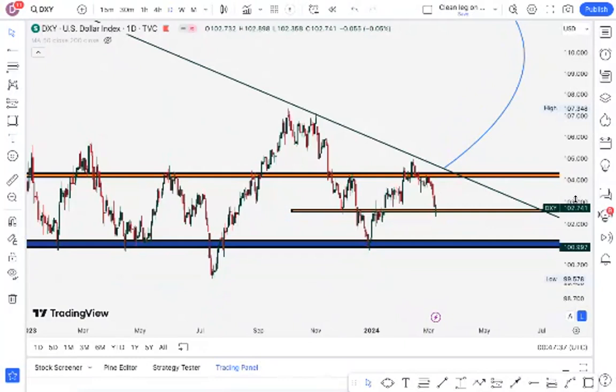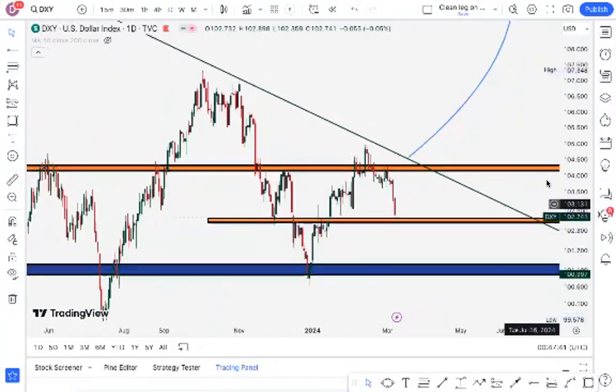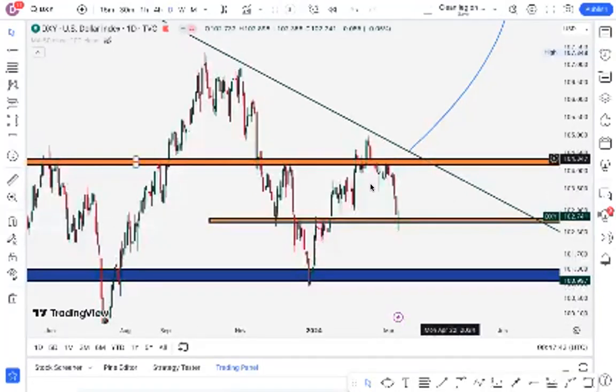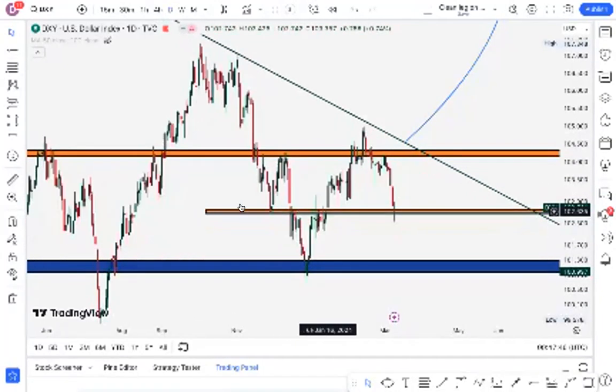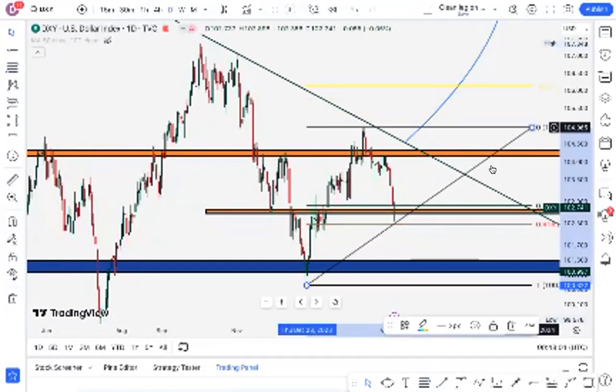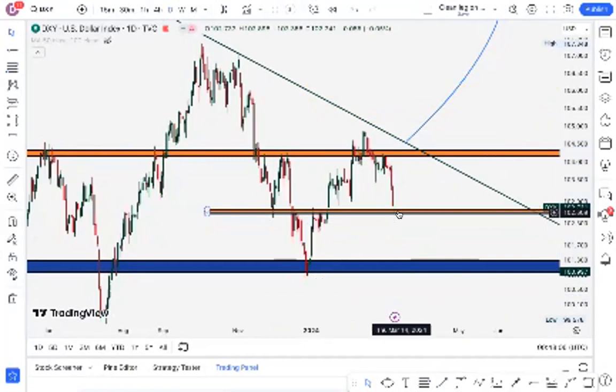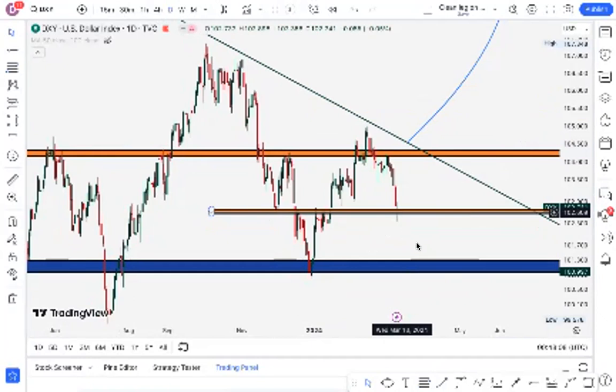So what do I think about the euro, about the DXY actually? It's like I said, this bar is a deciding point. If this bar fails to hold, which you see we had this head and shoulders pattern again. If this bar fails to hold, because this is also Fibonacci, right? So this was like a break and retest move. So if this bar fails to hold here, ladies and gentlemen, we should see the dollar fall all the way back to